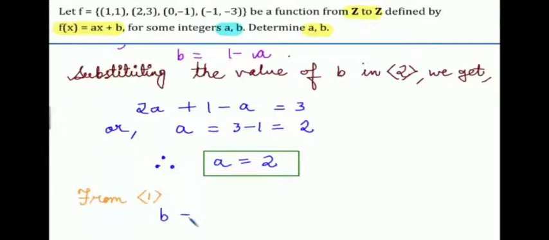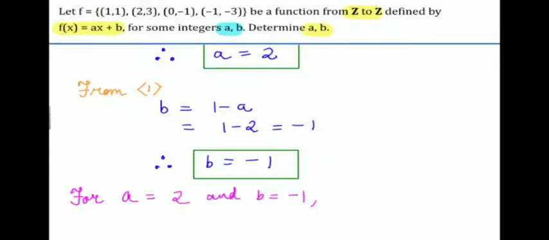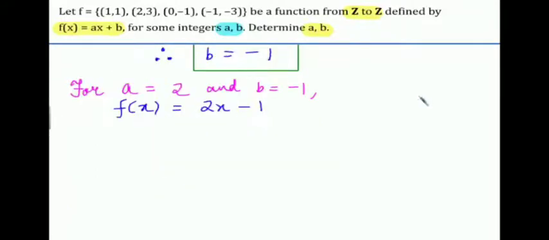Now from equation 1, b is equal to 1 minus a. So 1 minus 2 is equal to -1. So that's why b is equal to -1. For a is equal to 2 and b is equal to -1, f of x is equal to 2x minus 1. So that is your answer. f of x is equal to 2x minus 1 where a is equal to 2 and b is equal to